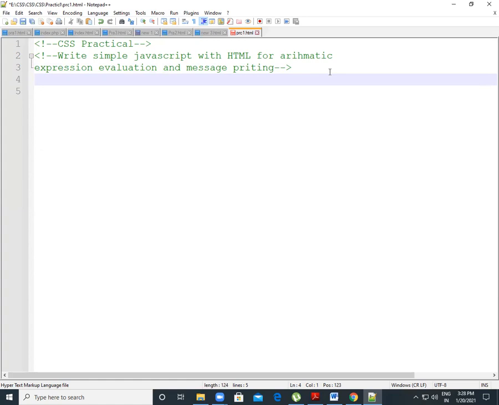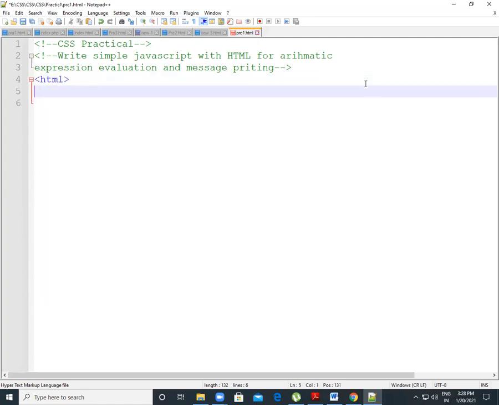Since we already got the two values from the user, we multiply them, store the result, and then print it. For printing, we use the document.write function, correct? So let's write the code, because I already explained it.